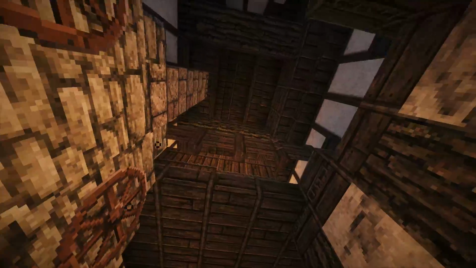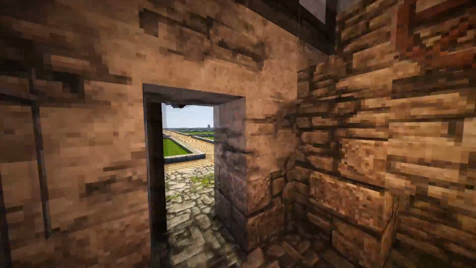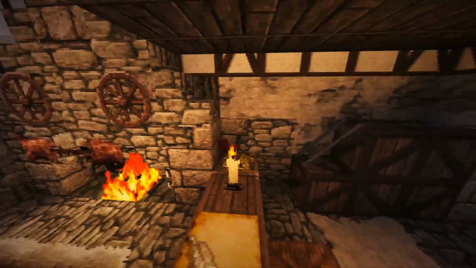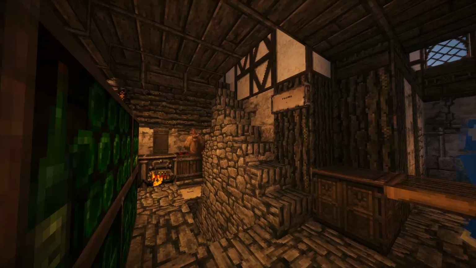The fireplace, I think I would have pushed it back another block. I don't know if that's because of the edge of the... Yeah, it's because of the edge of the plot. Oh, okay, that's fine then. There we go. This is supposed to be an inn, so...